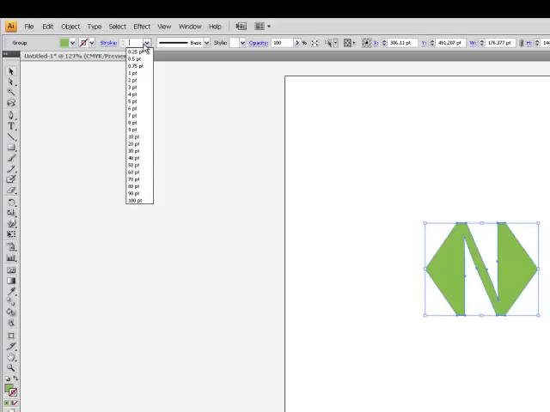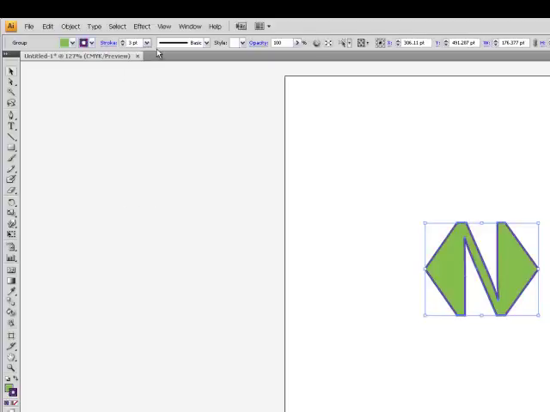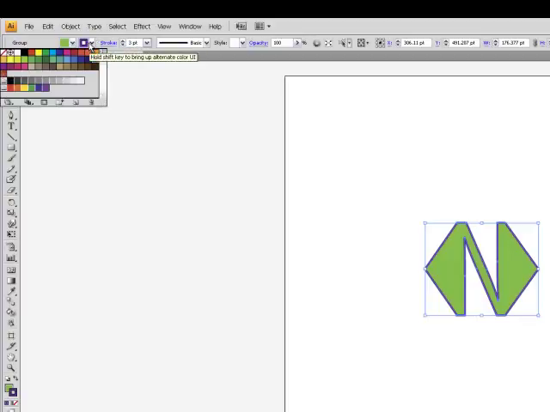Alright, and we're going to go ahead and add a, let's say, 3-point stroke to this. So you could change your color here, the stroke palette, and once again you can change your fill color here. You'll find in Illustrator there are multiple ways to complete the same action. It just depends on what your preference is. So find a fill and stroke you're happy with,